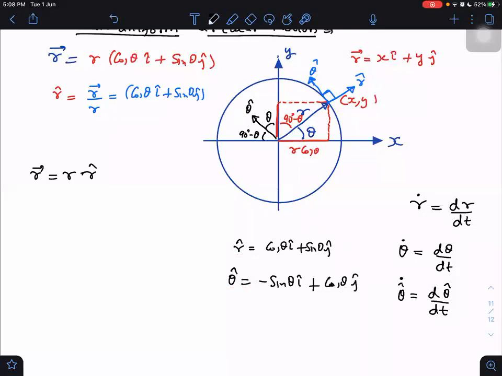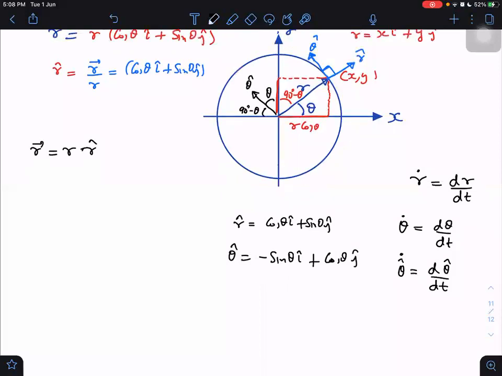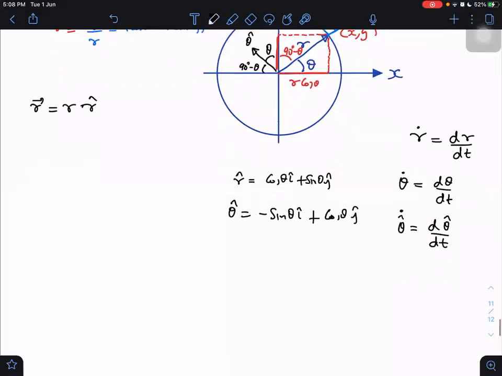So now, we are going to find out a few more things before we start with our derivation. I want to first find out what is dr by d theta. Can you differentiate with respect to theta? What would that be? Minus sin theta i cap plus cos theta j cap.